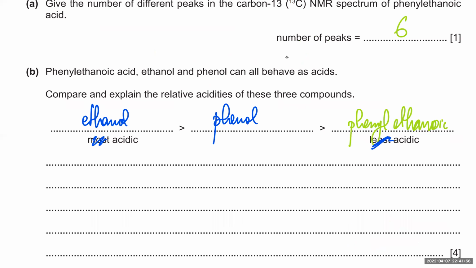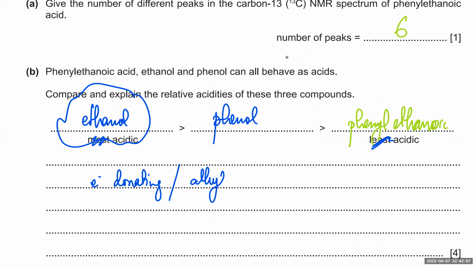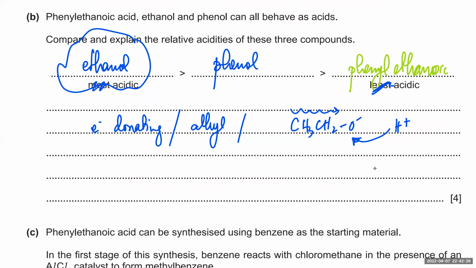So you just have to describe why alcohols are such terrible acids. You're going to talk about the electron donating effect of the alkyl chain. What does it do? If you have ethanol and the ethanol dissociates, then the ion becomes unstable. This ion has a greater charge density, so it's not going to let go of the H+, because it's going to get attracted to the H+. And you can talk about the ethanoic acid, that there is an electron withdrawing group,